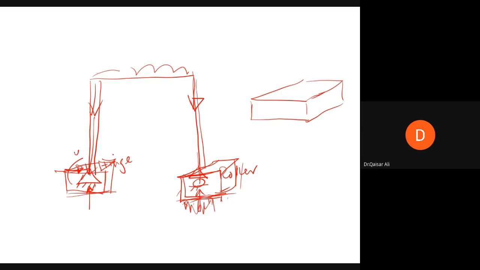Now, the bending moments: whether this pad is able to resist some kind of bending moment or not will depend on the size of the pad. If the size of this pad is very large, then of course it will offer some bending moment resistance, and this can be treated, instead of a hinge or roller support, as a fixed support. But if it cannot offer any bending moment resistance to the design loads,